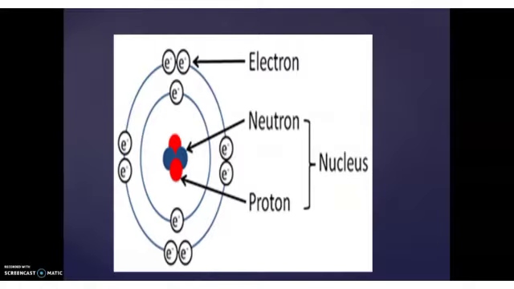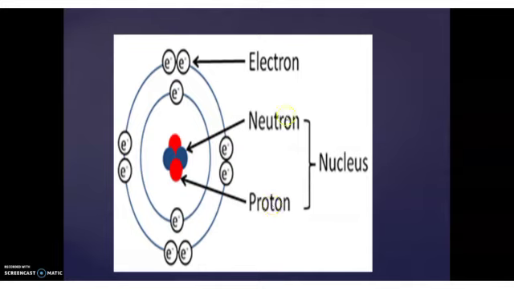Actually, atoms are divisible. That is, there are some subatomic particles. There are particles smaller than atoms. There are such particles which are called protons, neutrons and electrons. So, we'll see the structure of atom. The structure of atom consists of subatomic particles, that is, particles inside the atom. What are they? The subatomic particles are electron, neutron and proton.